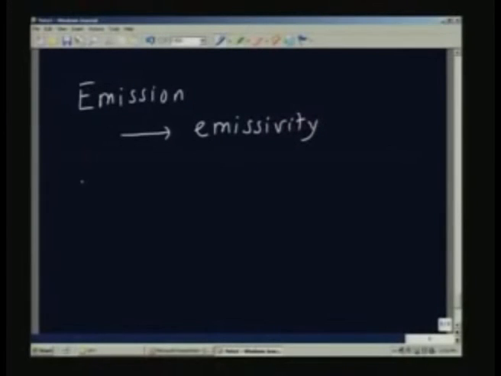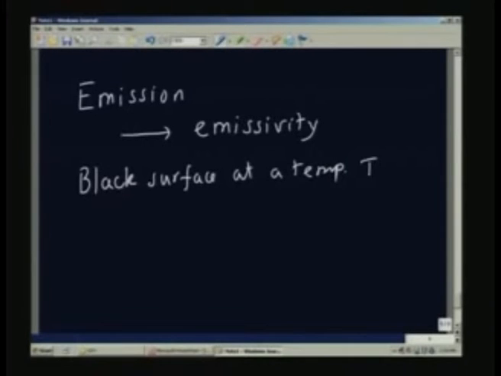We know from physics that a black body at a temperature T, I am now looking at only the total radiation coming from the surface. We will look at the monochromatic or the spectral values a little later. Suppose we have a black surface at temperature T, it emits